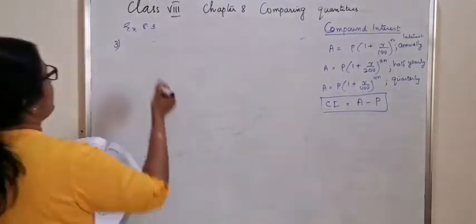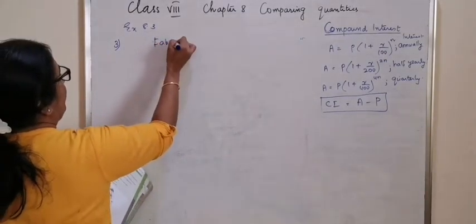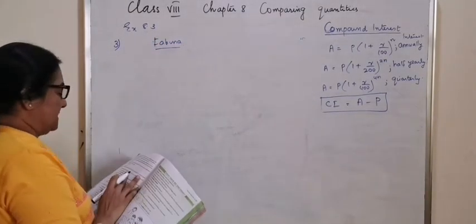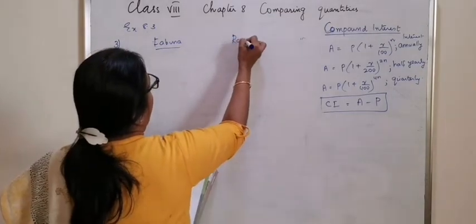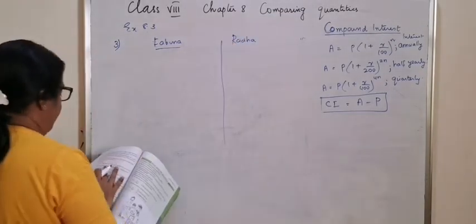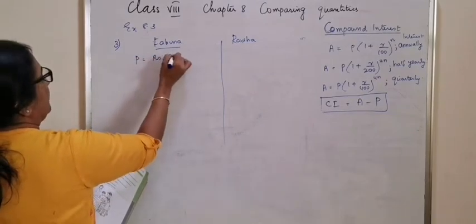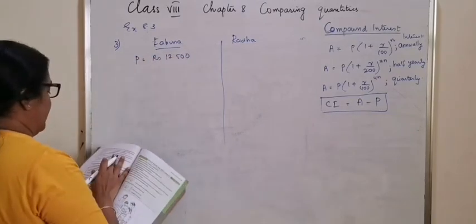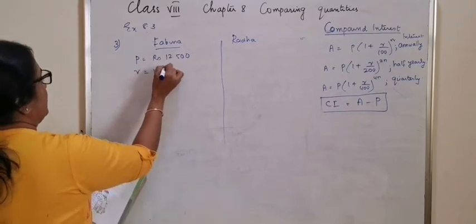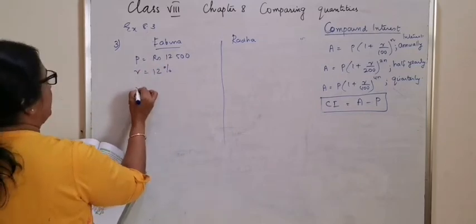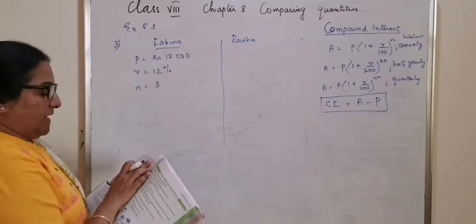So there are 2 persons involved here, Fabina, and the second person is Radha. The principal is rupees 12,500, the rate is 12% and the number of years is 3, and by